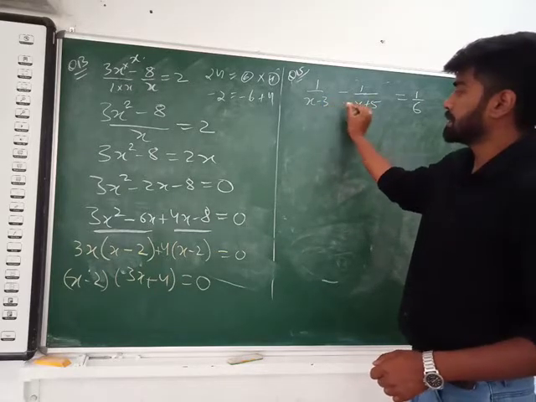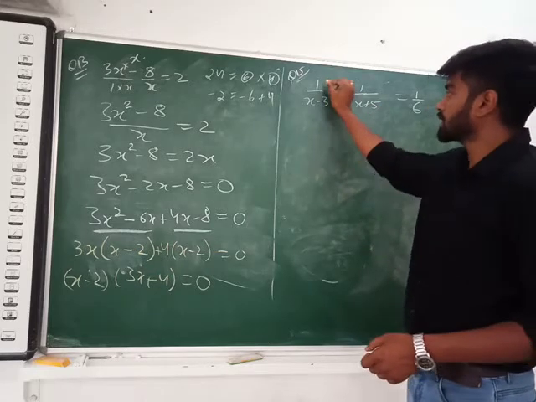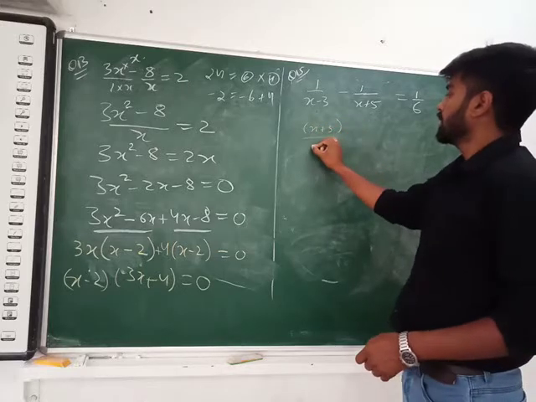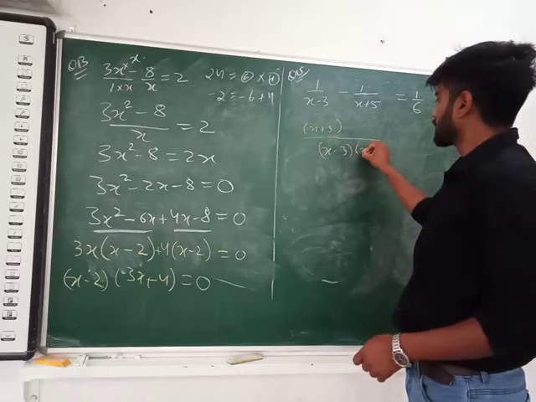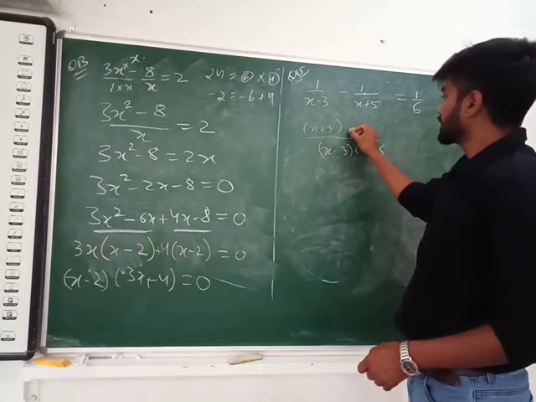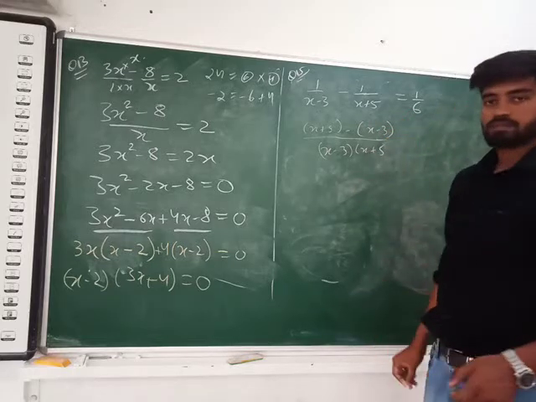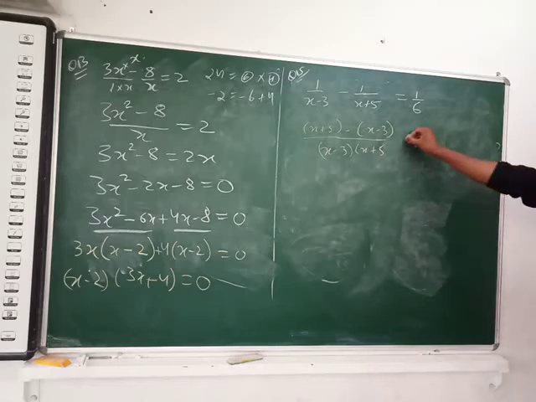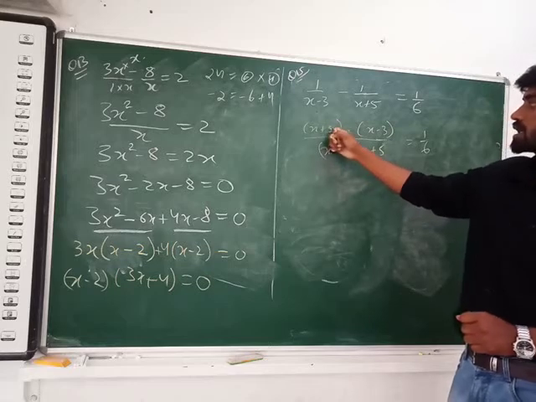So LCM जब हम ढूंढते हैं और ऐसे नंबर्स का हमें LCM पता नहीं होता, तो मैं इसको इससे मल्टीप्लाई कर देता हूँ, इससे भी कर देता हूँ। तो x plus 5 अपॉन एक टोटल नंबर आ जाएगा x minus 3 and x plus 5, and then this is going to be minus x minus 3. Is it okay? So that's how it happened. Equals to 1/6. ठीक है बच्चा।